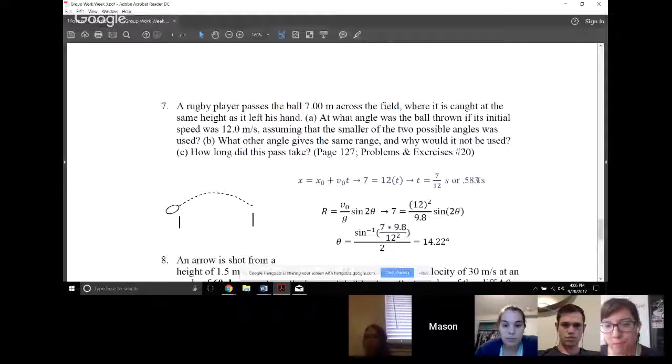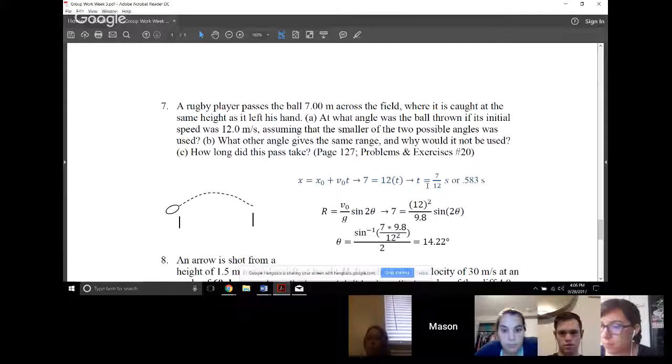I was confused on this one too. Yeah, I didn't know what formula to use. I got 2.45 seconds. Let me show you. This is what I did right here. I just used this formula that they had in the lab the other week, and filled it in with the numbers that I was given in the question. I don't know if that's right or not, but that's what I did.